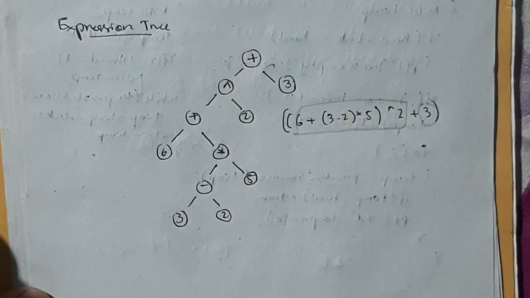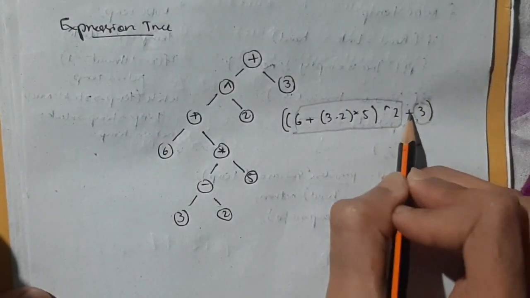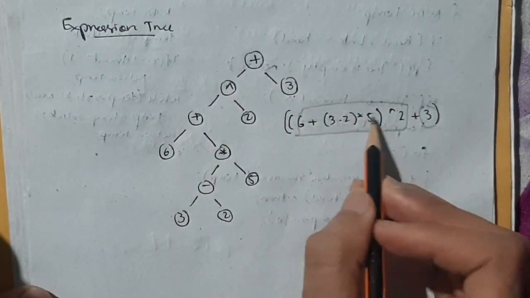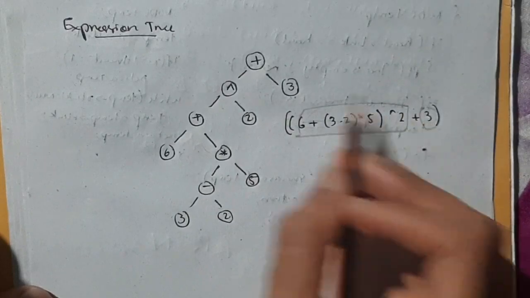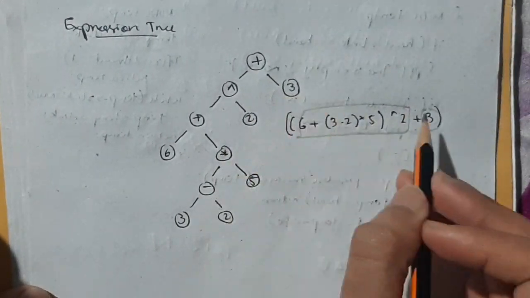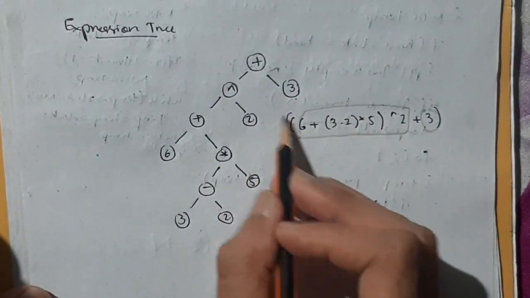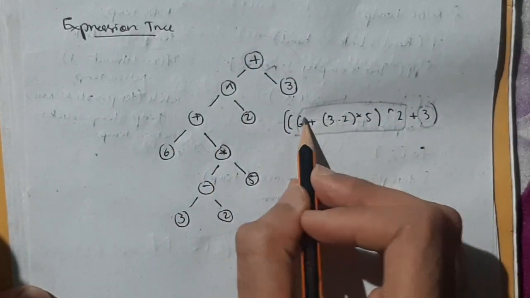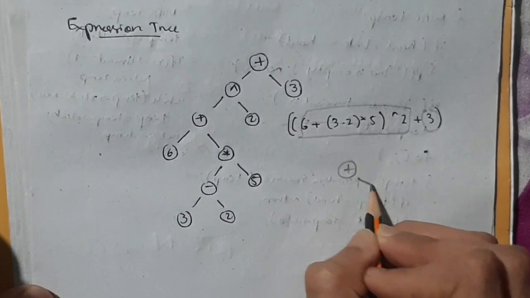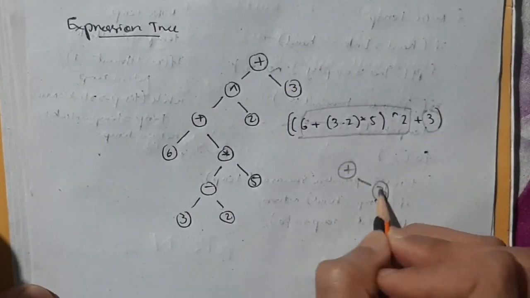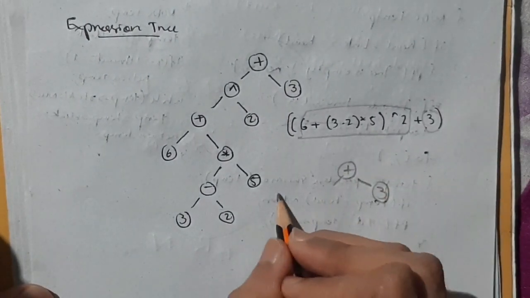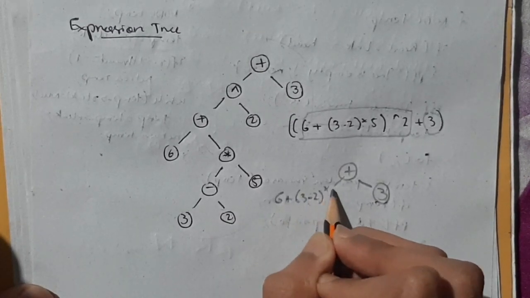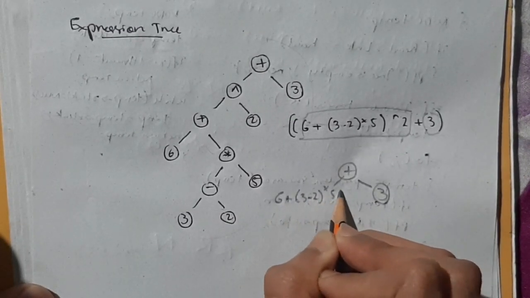When you get 2 parts like that, make the operator the top node, and then you write this whole part here and this part here. So you will write 3 here, and then the same thing here. After the final tree you will get here, you will write 3 plus 3, and this whole expression here like this. For construction time you need to make this, but finally you need to write how it appears finally.